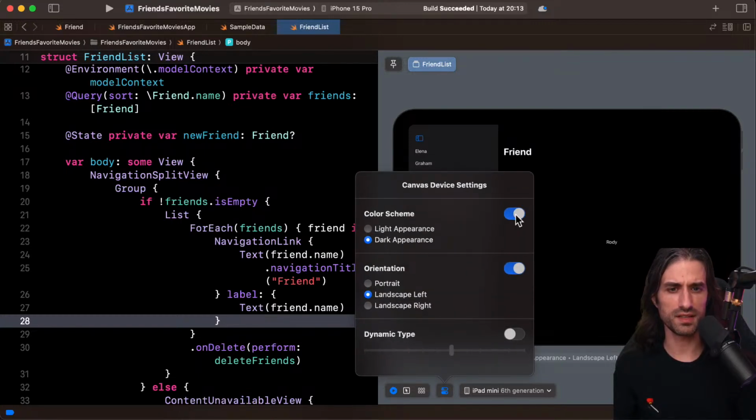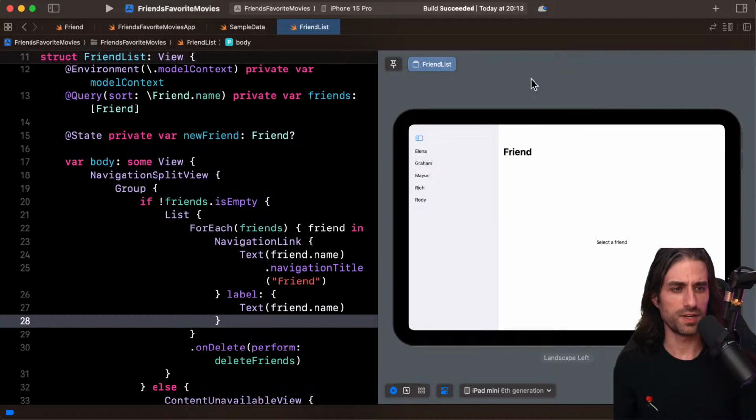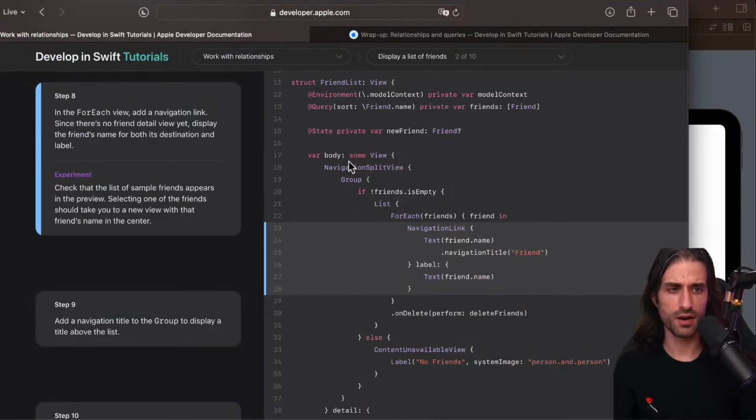I'm just going to put it back in light mode because I've seen before that when you're in dark mode, sometimes video compression isn't great and the text is harder to read. So I'm going to put it back in light mode. Hopefully it will be a little bit crispier, especially when you're watching live.